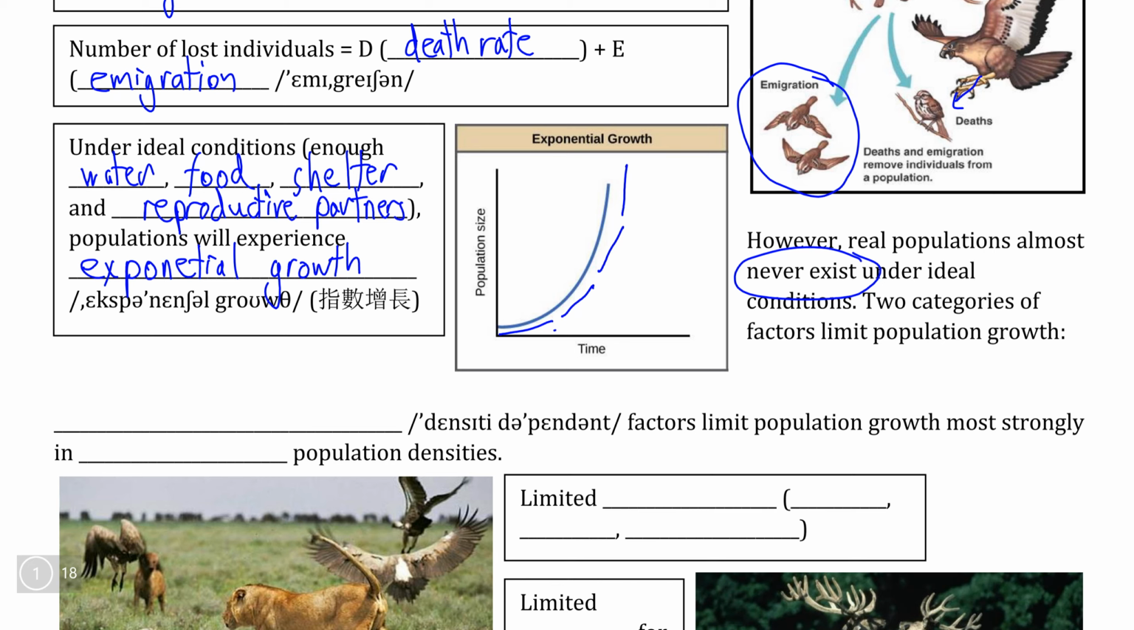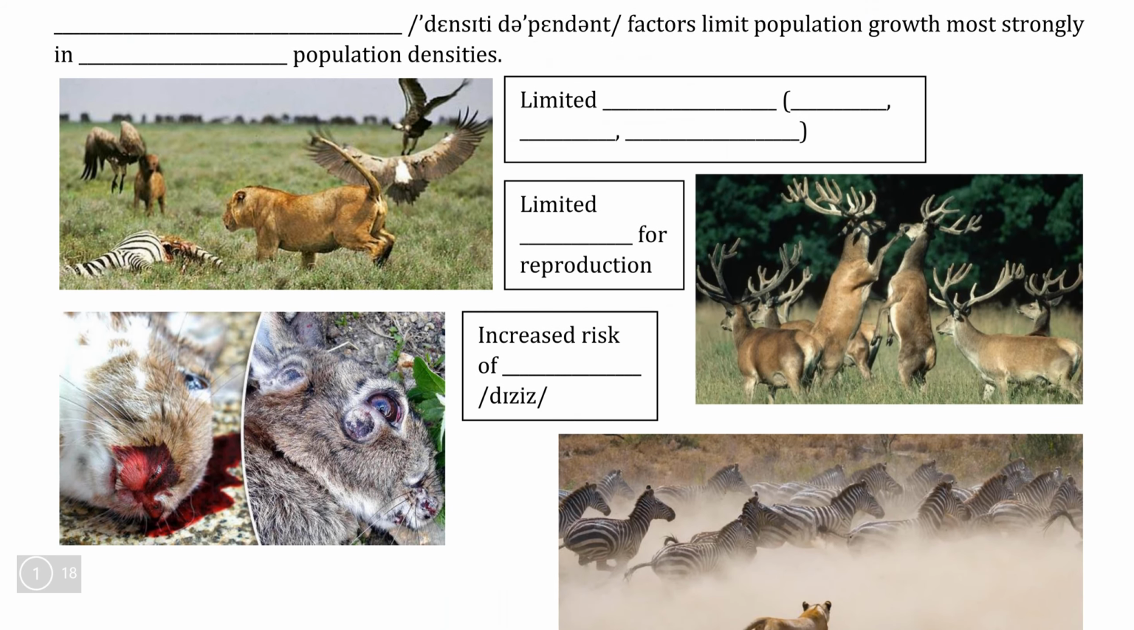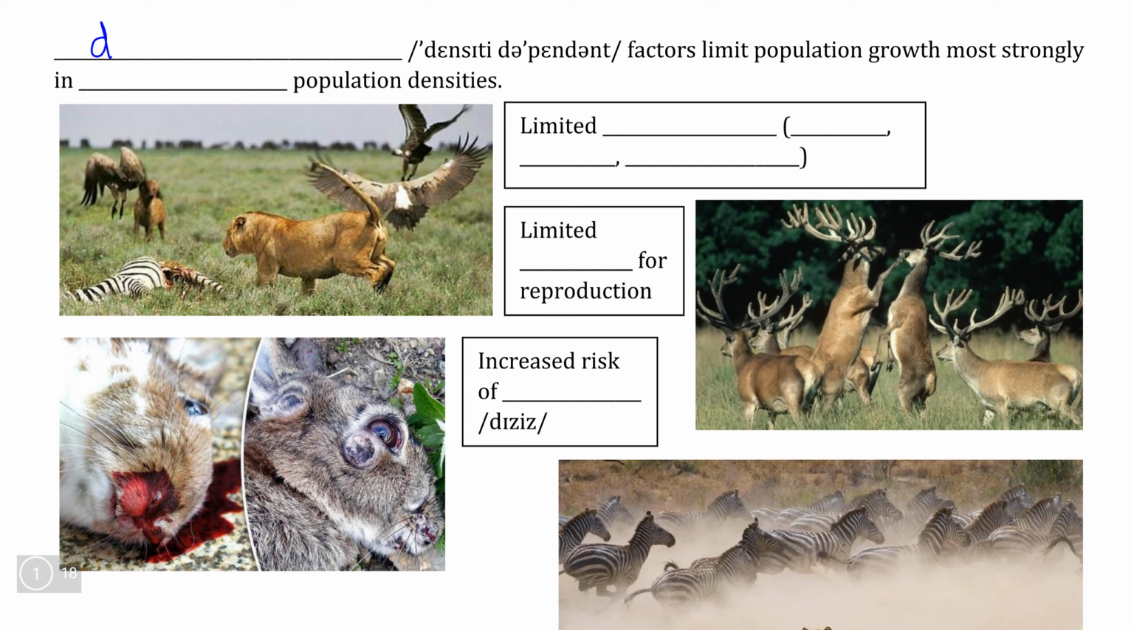However, as we'll see, this almost never occurs under natural conditions because a number of environmental factors limit a population's ability to reproduce indefinitely. Now, the first of these factors are what we call population density dependent factors, and we say